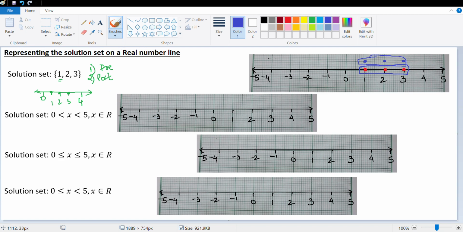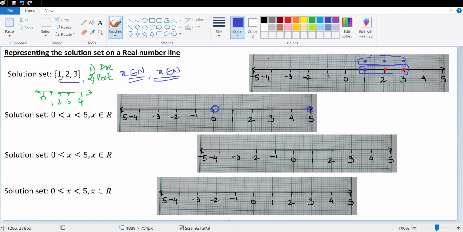Next one. So this is when we are looking at specific numbers. Obviously the solution set belongs to natural numbers, or the solution set belongs to whole numbers, which means we are looking at specific full numbers. Now in case your solution set is x is more than 0 and less than 5, how would you represent this solution on a number line? So if you have x more than 0, you will put an empty circle here. Remember that I put a filled circle earlier. I'll put an empty circle here, and since 5 is also excluded, I will put an empty circle here.